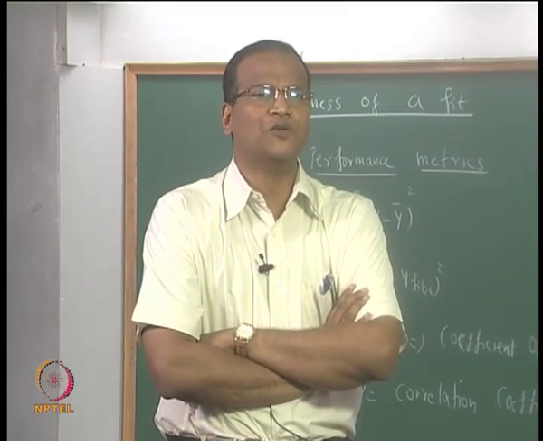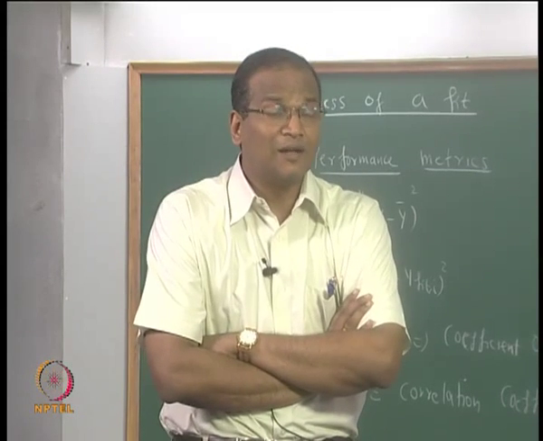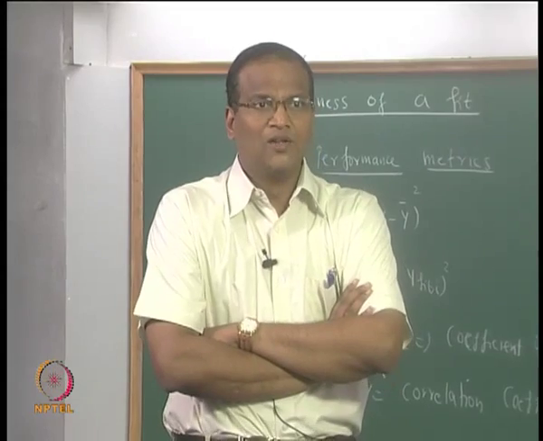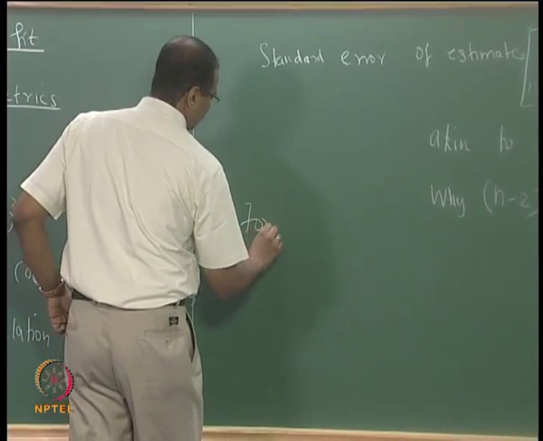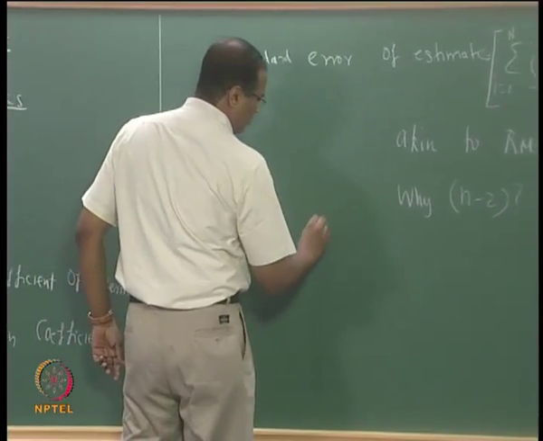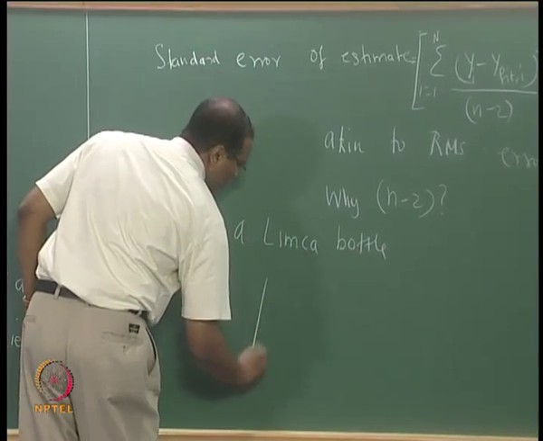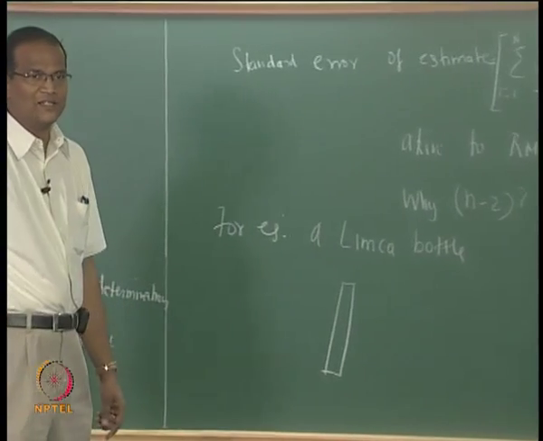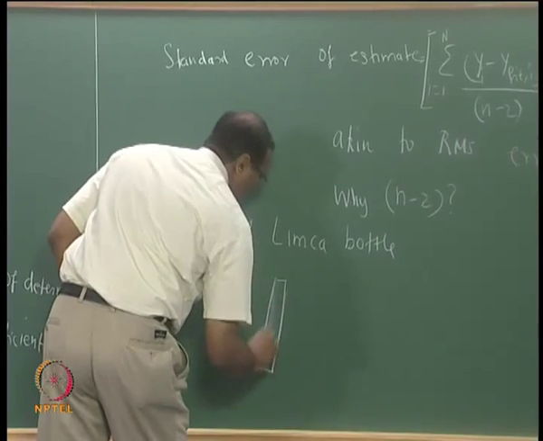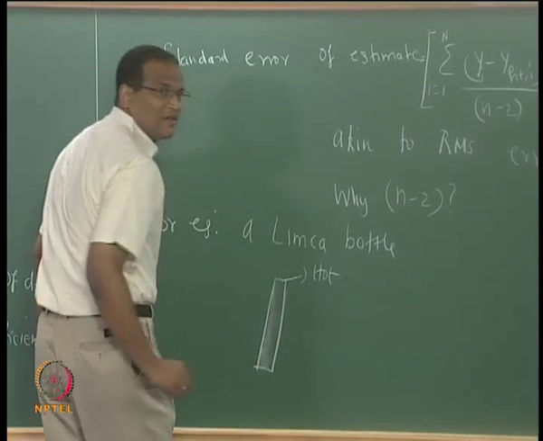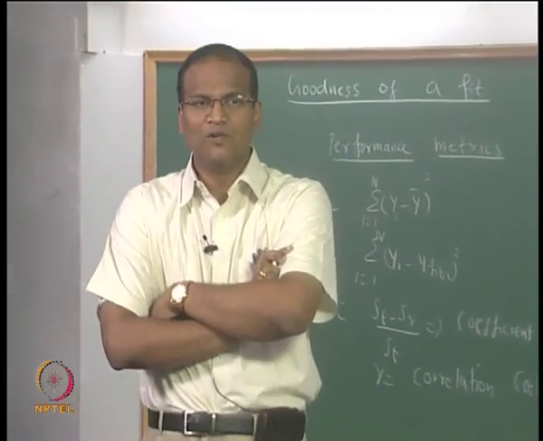The heat transfer coefficient is usually a variable, because it depends on the temperature difference, that is the Rayleigh number. You remember. So for example, let us take a Limca bottle. For argument's sake, I will make it a cylinder like this. Now it is hot, I want it to cool down, so I keep it in the refrigerator. How will the boundary layer develop?